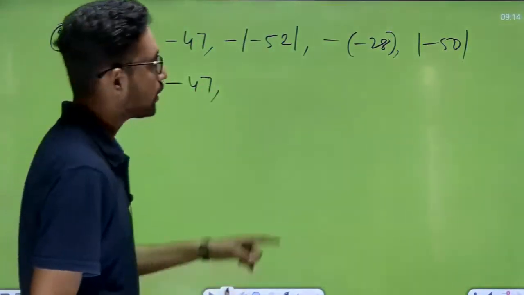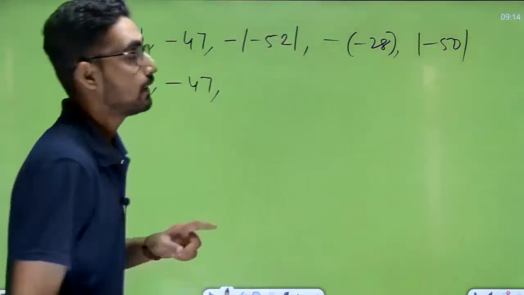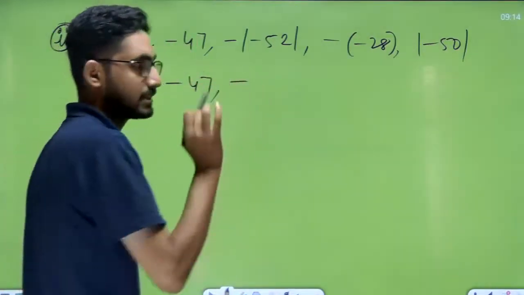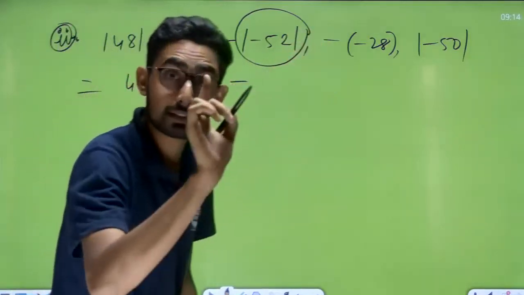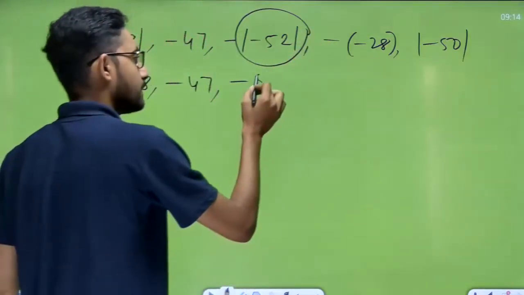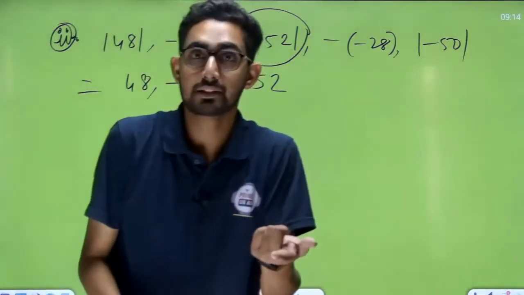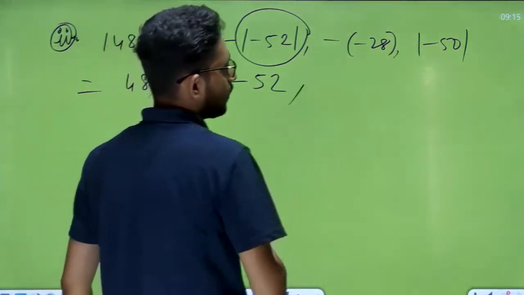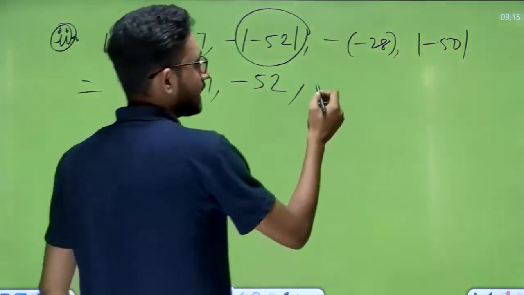Now what is the value of minus minus 52? What is the value of minus minus? Try to understand. ये जो बाहर वाला minus है write down as it is. And what is the value of this one? This is plus का 52. So write down here plus. अब बोलोगे sir plus why not written? Why not written plus? Because plus minus minus. That's why. Now see here minus minus multiply minus minus plus.